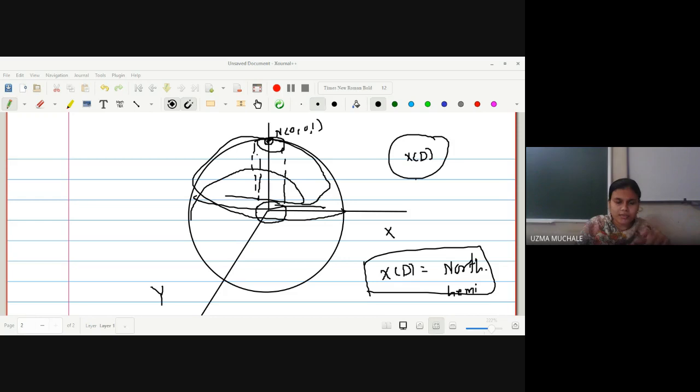So if you think on this, we have defined a mapping f, which is from the northern hemisphere to the xy plane. So (q1, q2, q3) will be mapped to (q1, q2). प्रोजेक्शन आपका कहाँ पे मिलेगा? सिर्फ xy प्लेन में (q1, q2), right. So the third coordinate will be equal to 0. So change क्या है आपके function में? Only the change is in the third coordinate only.